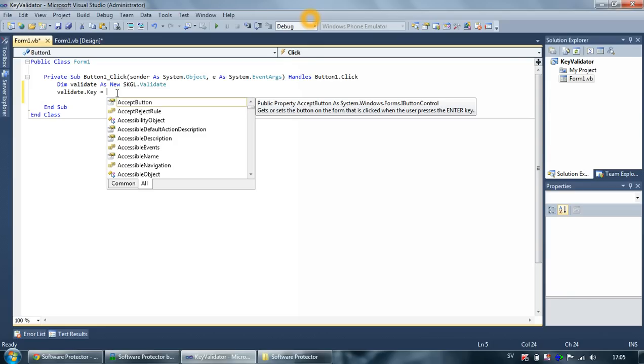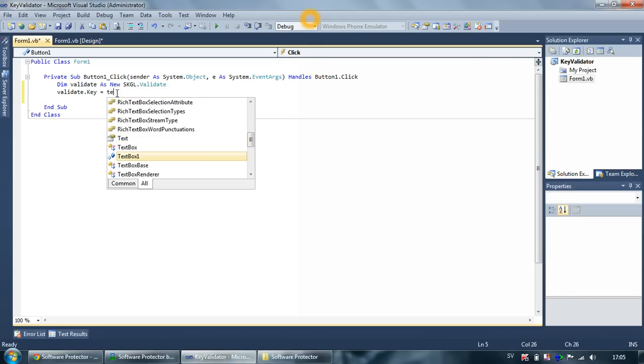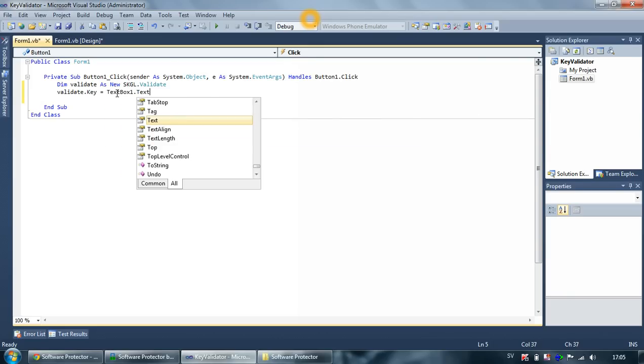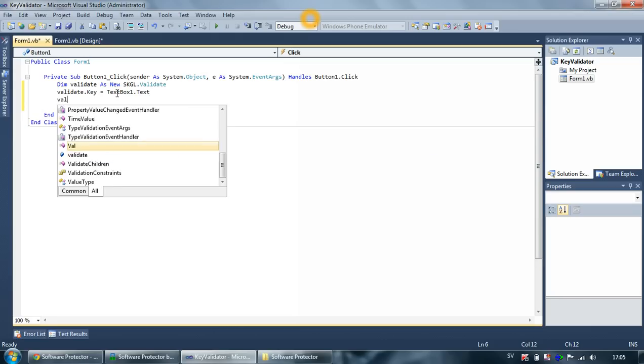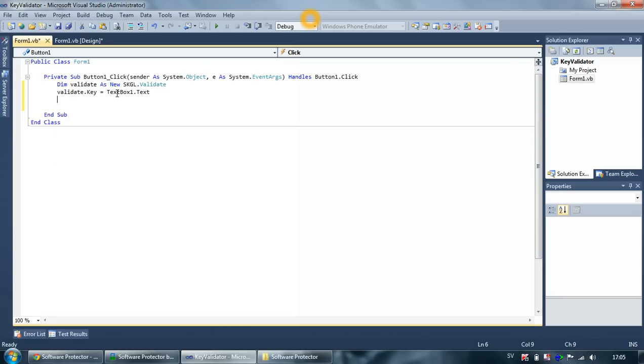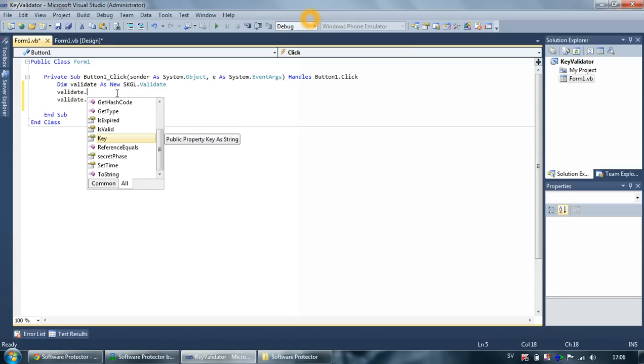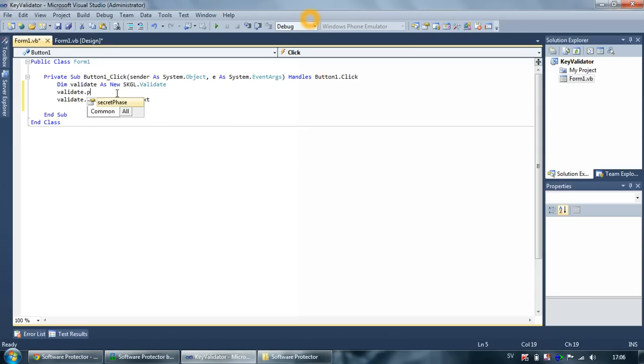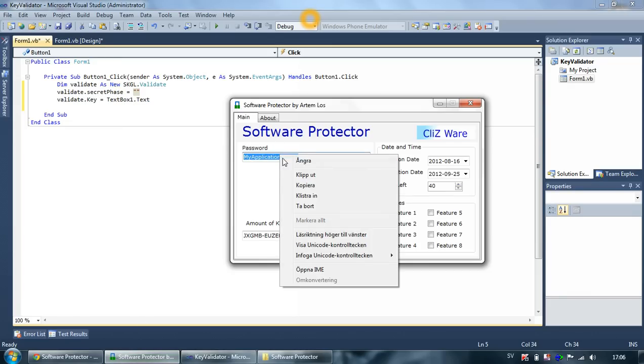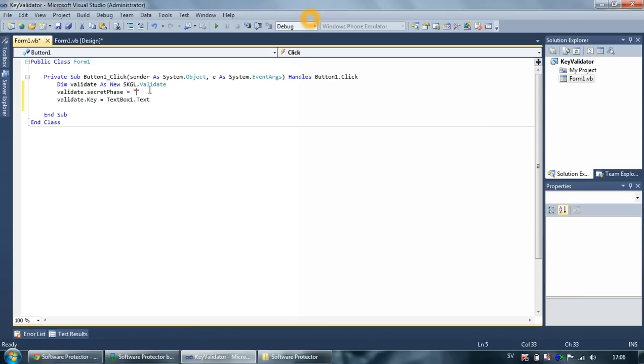So the key, and where do we have the key? We have the text box .text. There we have the key, and then I should probably put it a bit above here so it'd be easier. So validate dot secret face, and it will be equal to the password. So just copy, paste,